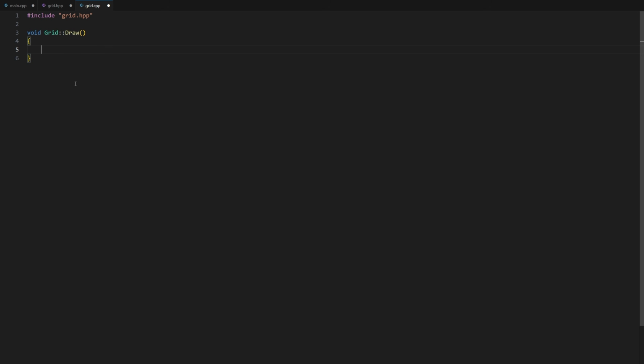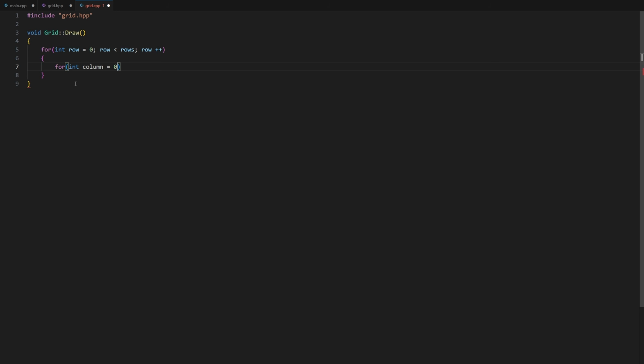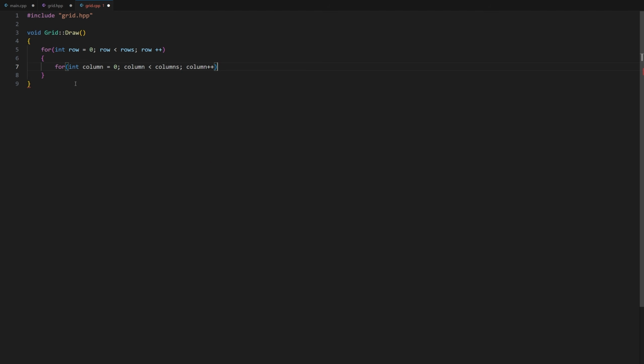To draw the grid, we will draw each cell of the grid. If the cell we have to draw is dead, we will draw a gray square. Else, if the cell is alive, we will draw a green square. Let's do it. We have to loop through all the cells of the grid. for(int row = 0; row < rows; row++){ for(int column = 0; column < columns; column++){